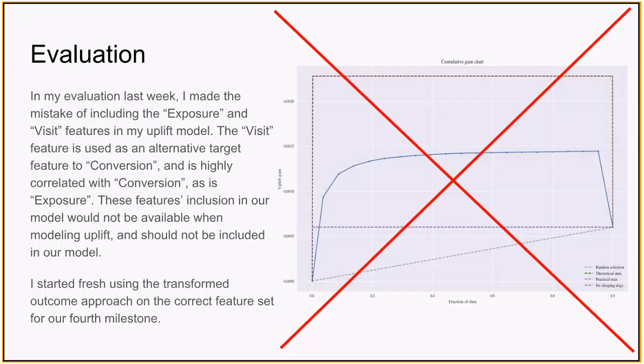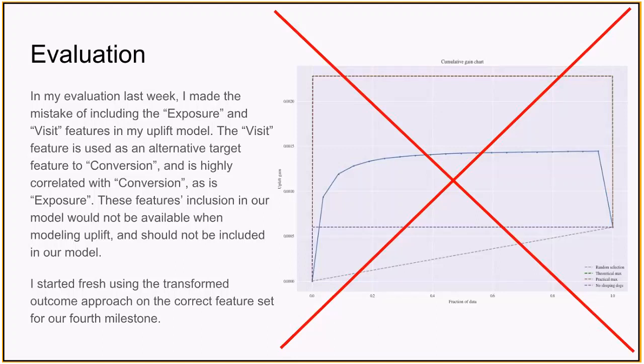The model, as was pointed out, was considerably better performing than anything that we presented as part of the two model approach, which we thought was originally due to the new transformed outcome approach that we were going to try out. But actually, I noticed that the model was performing so much better because I was including two variables that